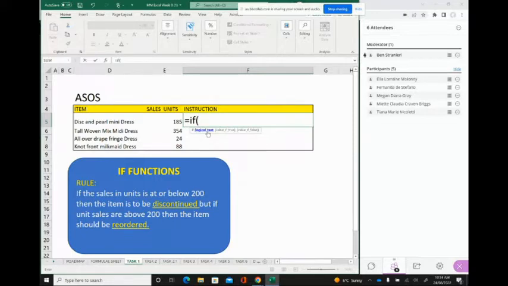And what that means, and remember this, with IF functions, the answer is always in the question. And so the logical test is that if the sales in units is at or below 200. So if I put in IF the sales in units, E5, is less than or equal to 200,